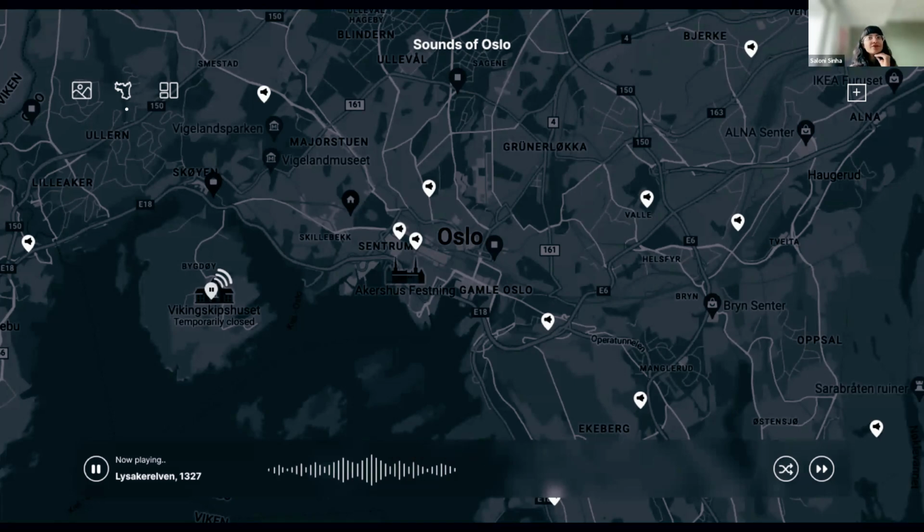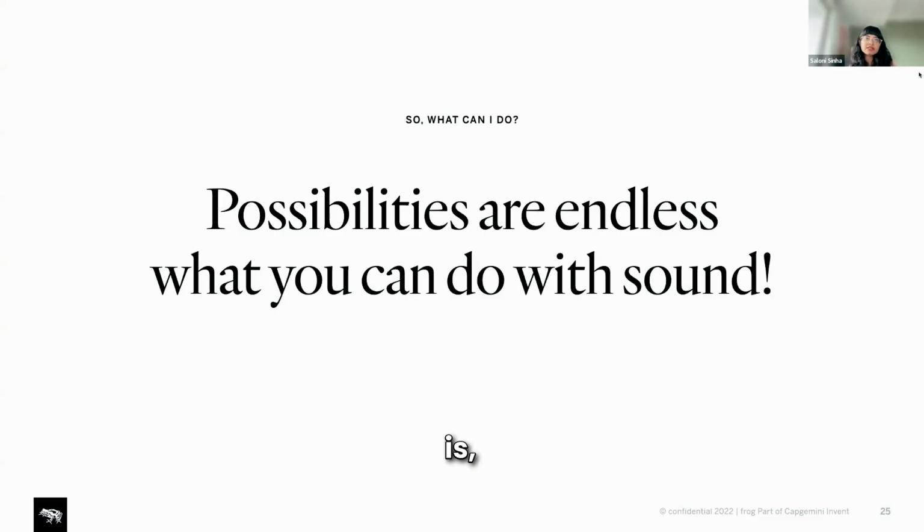Currently, we've put it on hold because we want to change the domain name to something more worldwide. What you can do with sound is pretty endless, and you can create different interfaces, designs, and whatnot.